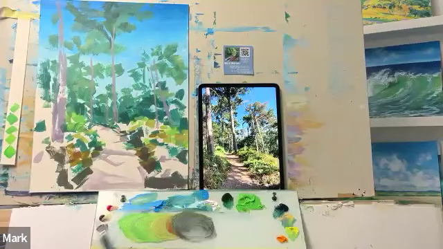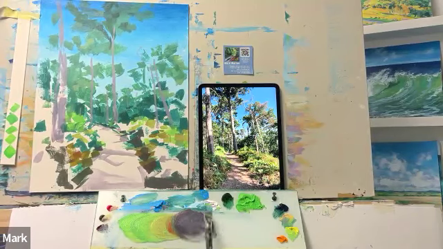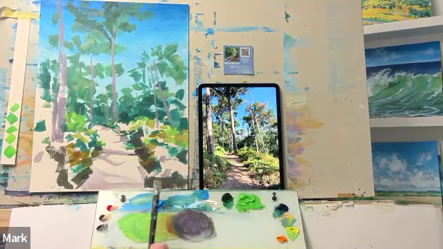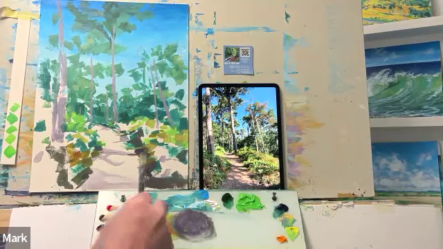So let's go with more magenta, actually. Tiny bit of that light blue, cerulean blue. And then if I put white with that,